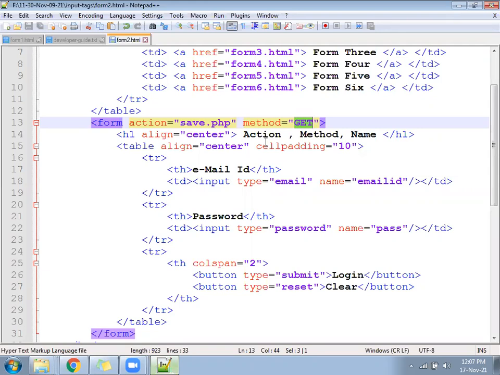As a backend developer, it is guaranteed to be the first or second question: the difference between get, post, and request. If a person is able to handle these three words, it means he is able to work on a project. He has the knowledge to send, receive, and do many things. Get, post, and request. Okay. So we have given the method as get. Let's come to the browser.